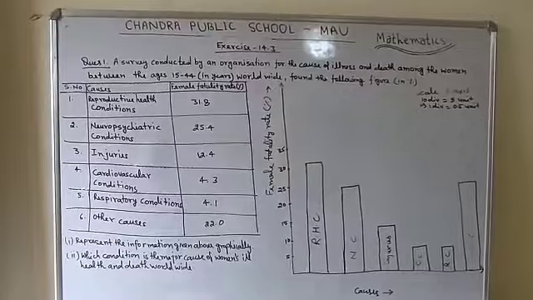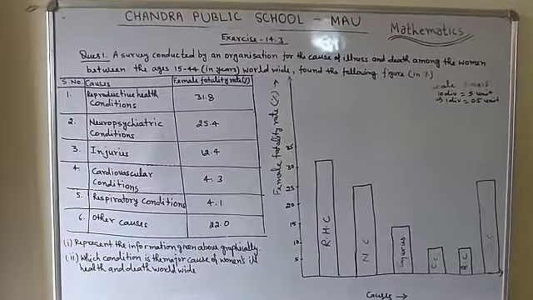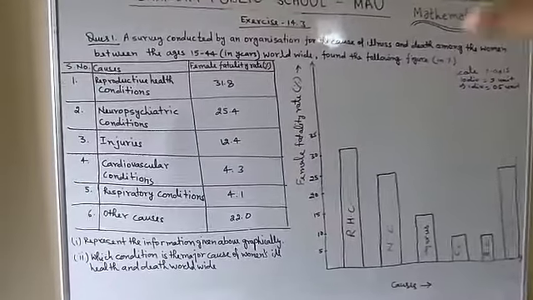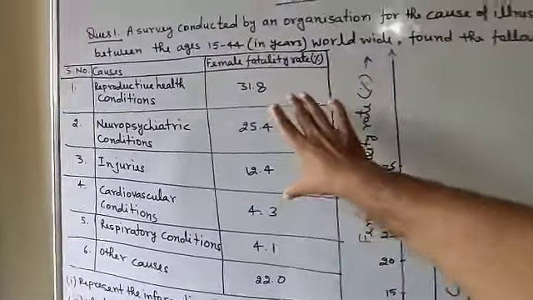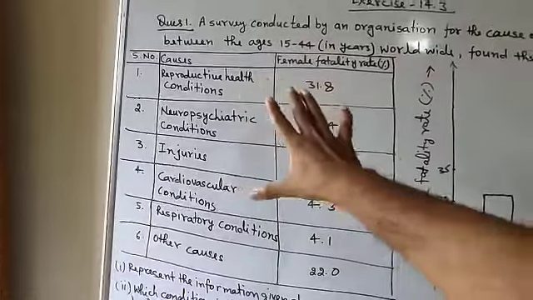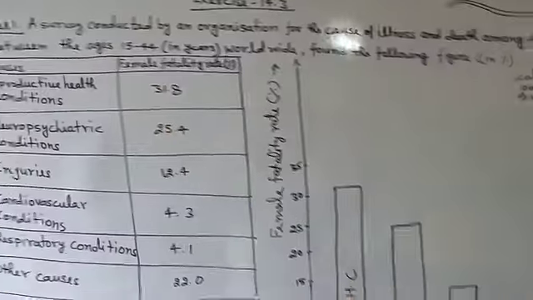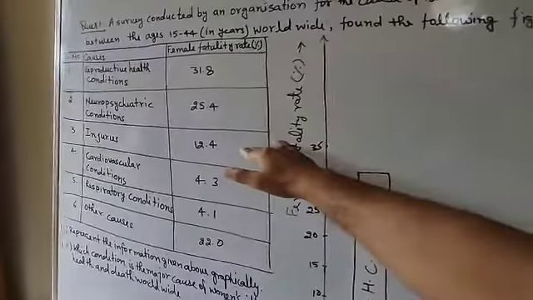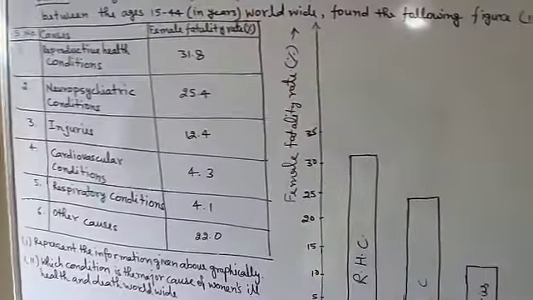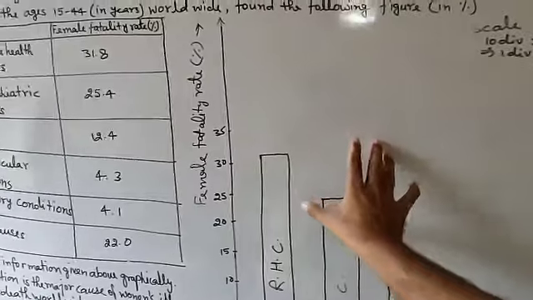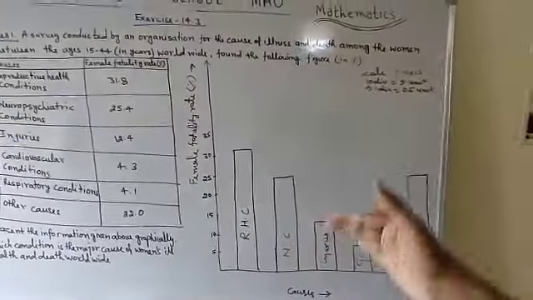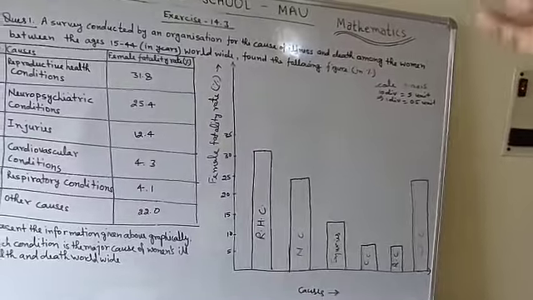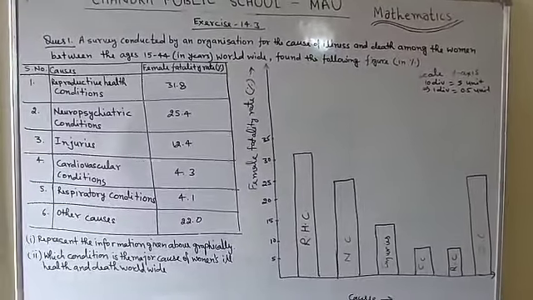So you need to do that question number 1. Students, if you are going to do the question number 1, you need to make that table in your copy, and after that you need to take the graph sheet of paper. On that you need to draw it, and just below that table you need to paste that graph sheet. After drawing that in your fair copy, you need to paste it just below that table. So you need to draw it and paste that graph sheet of paper in a fair copy.